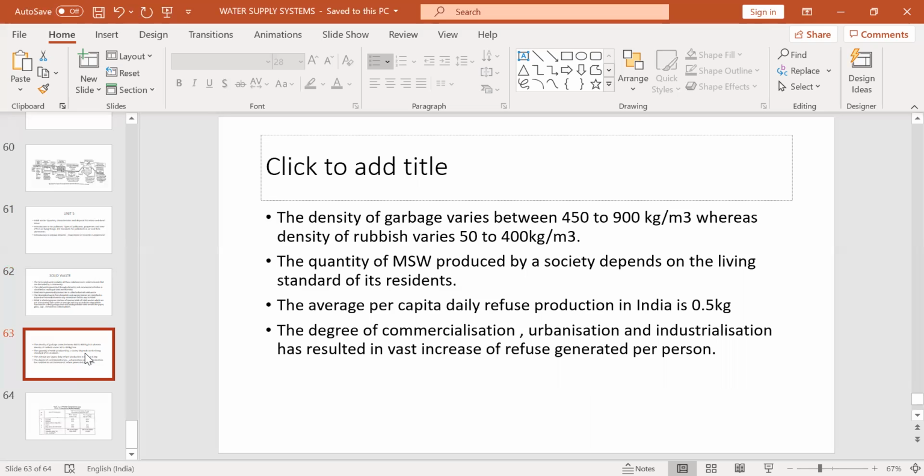Now, safe disposal of solid waste of a society was not a serious problem as long as the population was very less. Now the population has been increasing by leaps and bounds. Every decade, the growth rate is increasing in every country. When you cater to such a huge population, obviously your needs will be more. If your living standard increases, your generation of solid waste will be more. So you are generating more solid waste or e-waste, so to speak.